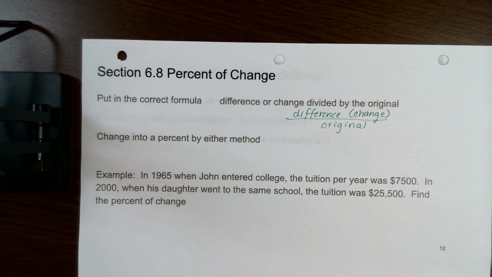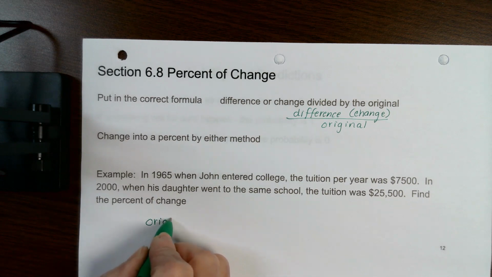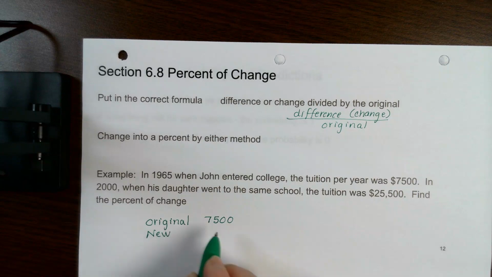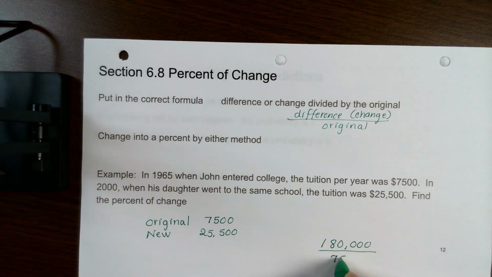Here's an example from that particular section. In 1965, when John entered college, the tuition per year was $7,500. In 2000, his daughter went to the same school. The tuition was $25,500. Find the percent of change. So the original is $7,500. The new is $25,500. So to get the change, I'm going to take $25,500 and subtract $7,500 from it, and I'm going to get a change of $18,000 that I'm going to place over the original,